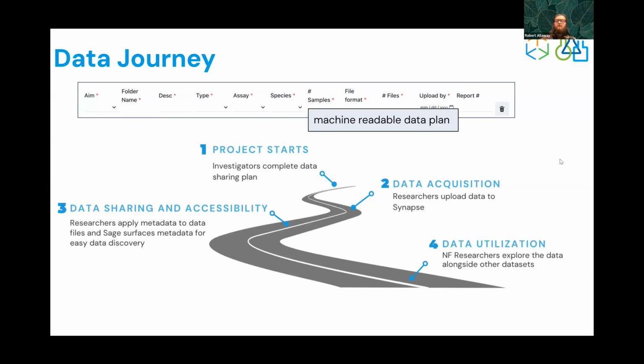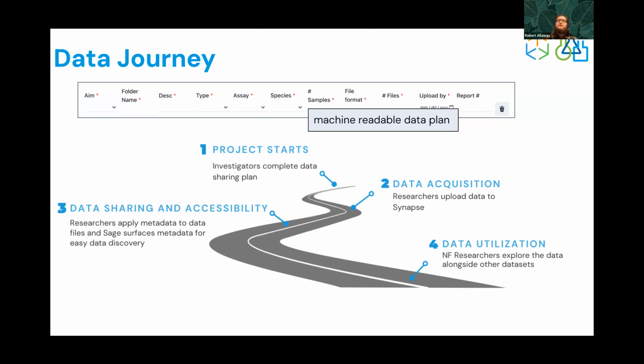This is powered by a data dictionary that we maintain with input from the community to collect the different types of data sets that will be contributed, so that we have a plan for what to expect, what type of metadata we need to make available, what kind of curation we need to expect, and when we need to think about importing new metadata standards for data that we haven't seen before. This also helps us plan for when the data will actually come in, when we're able to release the data.